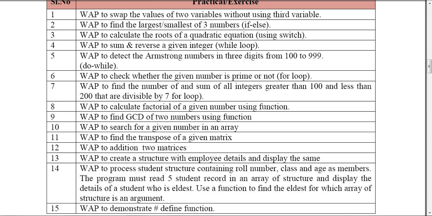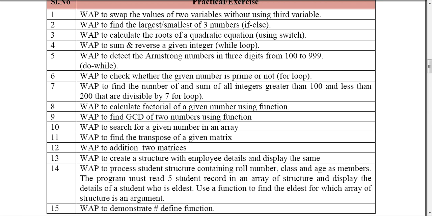problem definitions. The first one is write a program to swap the values of two variables without using third variable. Then the second one is write a program to find the smallest or largest of three numbers using if-else condition. Then the third one is write a program to calculate the roots of a quadratic equation using switch. Then the fourth experiment is to write a C program for sum and reverse of a given integer using while